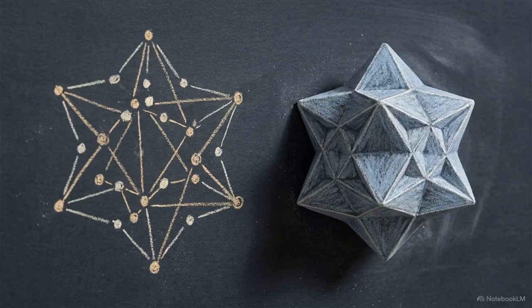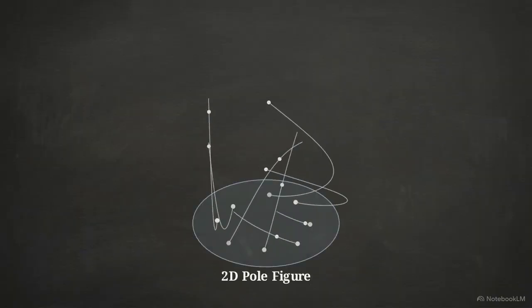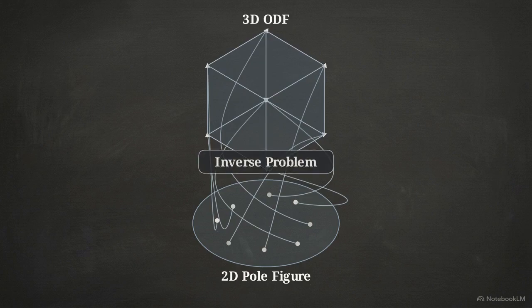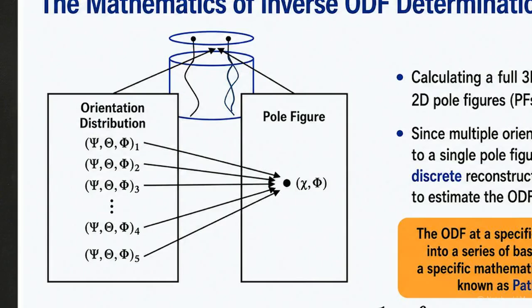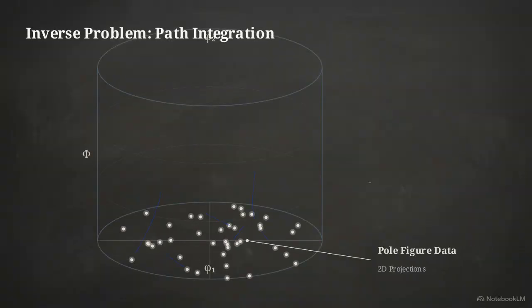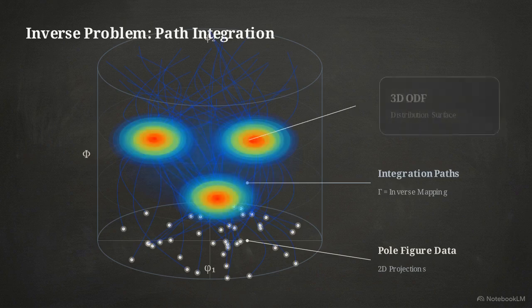ODF. Bridging the mathematical gap between the 2D data we collect and the 3D function we need is called the inverse problem. Here, multiple 3D crystalline orientations contribute identically to a single point on a 2D pole figure. To solve this inverse problem, we use path integration, expanding the ODF intensity into a series of basis functions computed along a specific mathematical path, represented here by gamma. Generating a valid 3D ODF from physical experimental data relies entirely on the successful execution of this complex inverse path